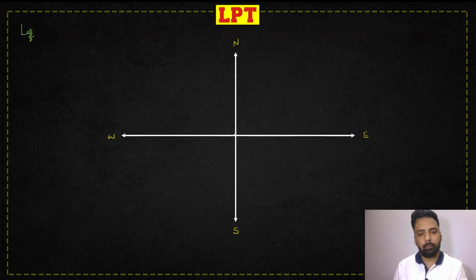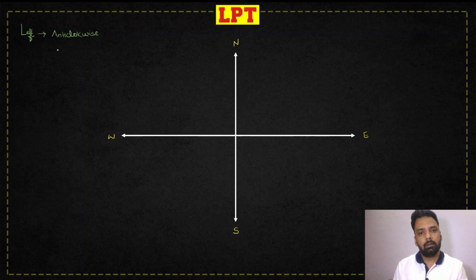Suppose, for example, I'm traveling towards south and it says turn left. If I'm traveling towards north and the question says turn left, then how will we decide? Whenever it is said in the question that turn left, you will be turning in the anti-clockwise